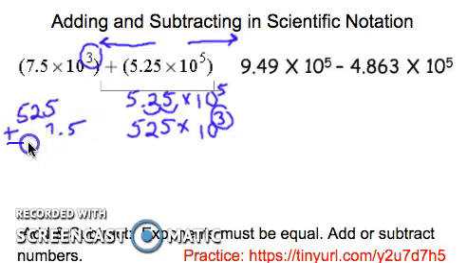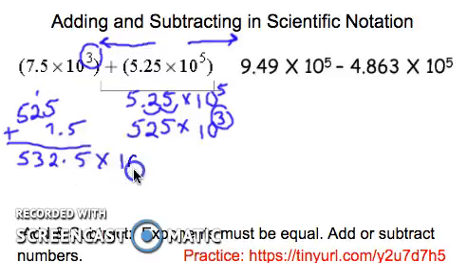So that will end up being a very manageable number. Add the 5, add the 2, carry the 1. So that will be 532.5 times 10 to the third. Remember, you put it at what it was. But we do kind of have a concern here. We have our final answer, but the decimal point is not in the correct place. Sure, this would work. You could understand what it is, but traditionally, you move the decimal point to where there